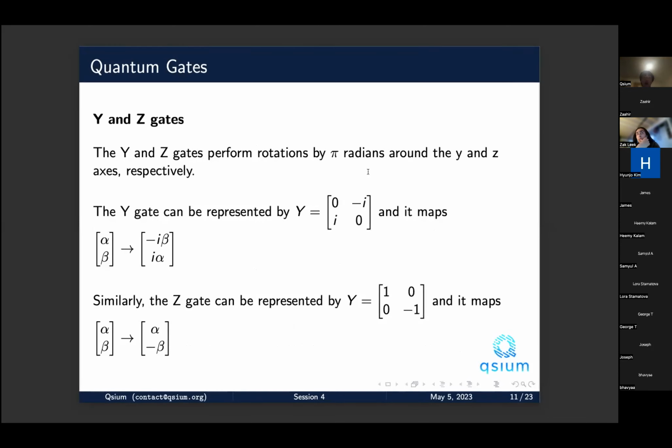So the Y and Z gates perform rotations by pi radians around the Y and Z axes respectively. These are just other gates that we use in quantum computing. Actually, please take note of the X gate. It's used a lot, so it'll be very useful. Just take note of the matrix form of the X gate because it'll be useful for you in